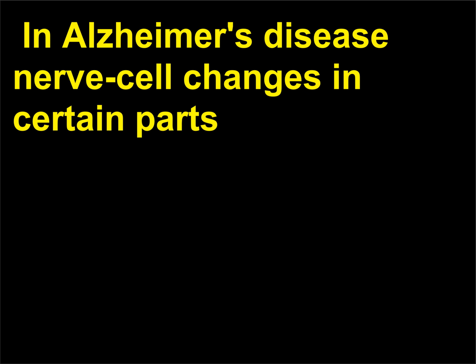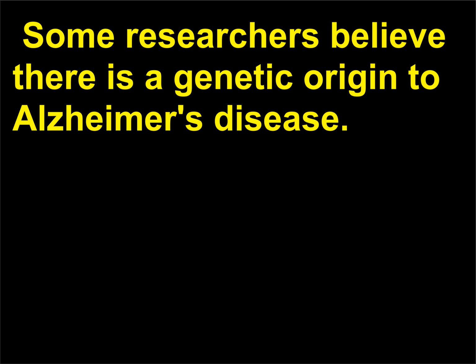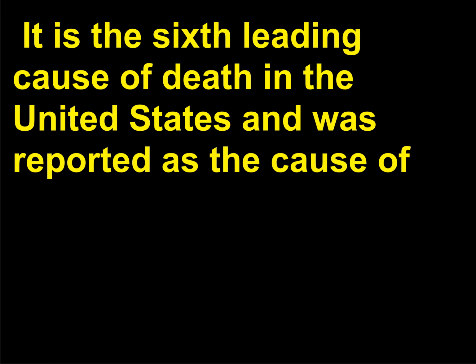In Alzheimer's disease, nerve cell changes in certain parts of the brain result in the death of a large number of cells. Some researchers believe there is a genetic origin to Alzheimer's disease. An estimated 5.3 million Americans of all ages have Alzheimer's. It is the sixth leading cause of death in the United States and was reported as the cause of death for